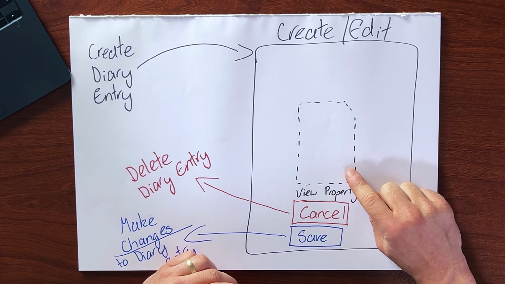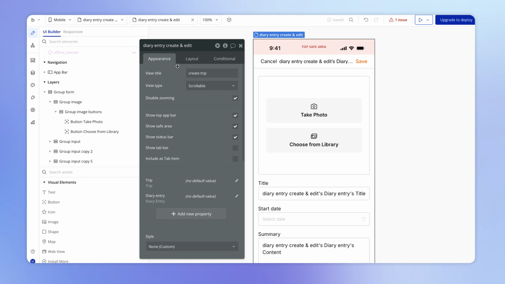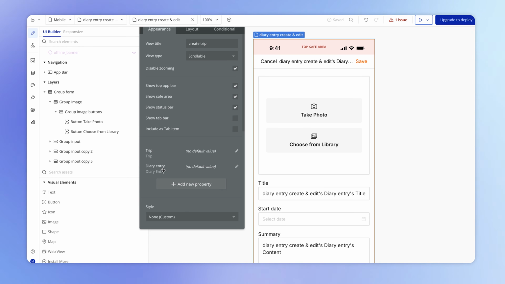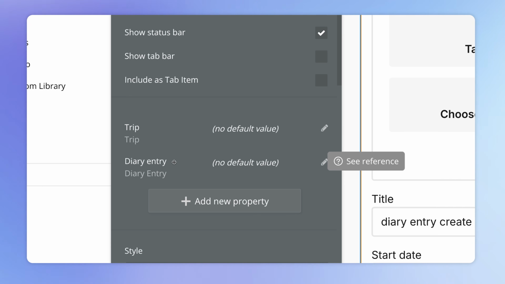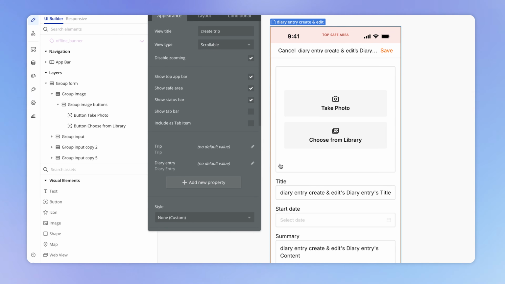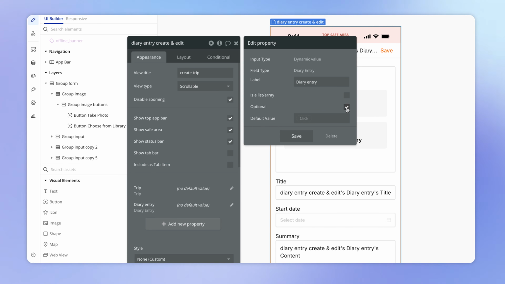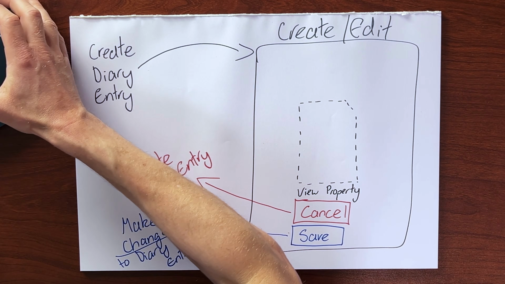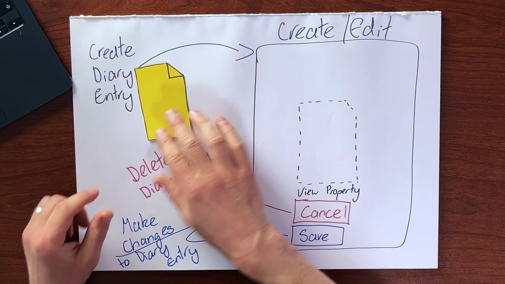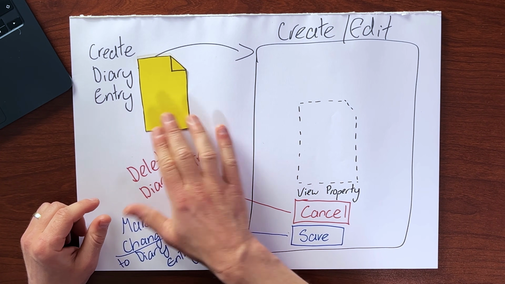The first thing that I want us to do to actually set this up in practice is to set up this view property. Now on our diary create edit view, we actually already have a view property for a diary entry here. So that's very helpful. The one thing that I'm going to change though is that I'm going to make this a required field. I'm not going to set it to be optional. And that's of course because, as we just discussed, we're now going to always create a diary entry before we show this create edit view,